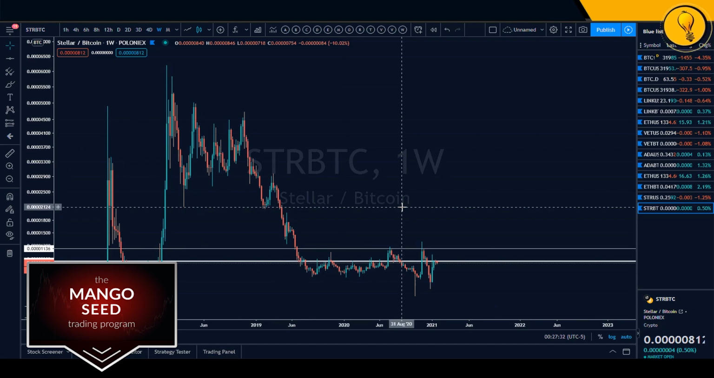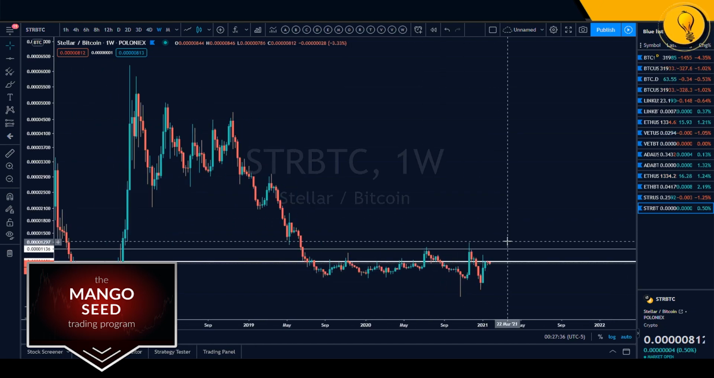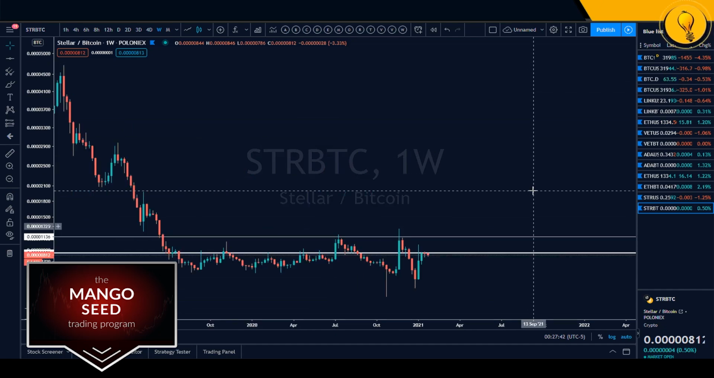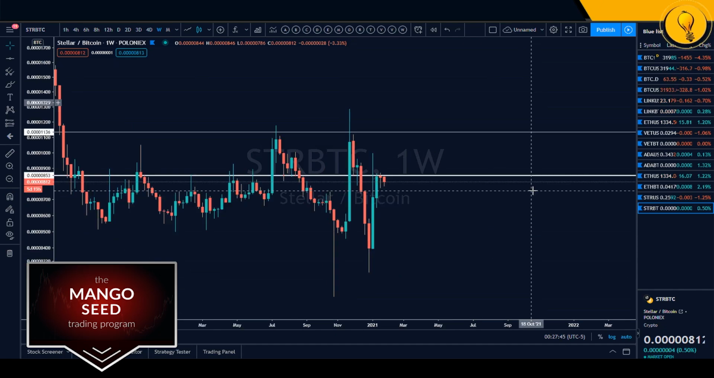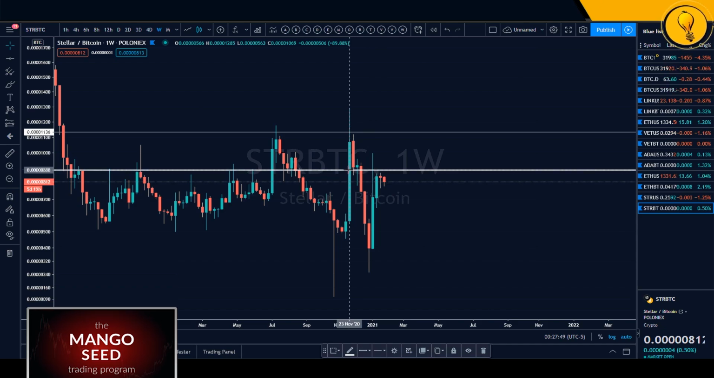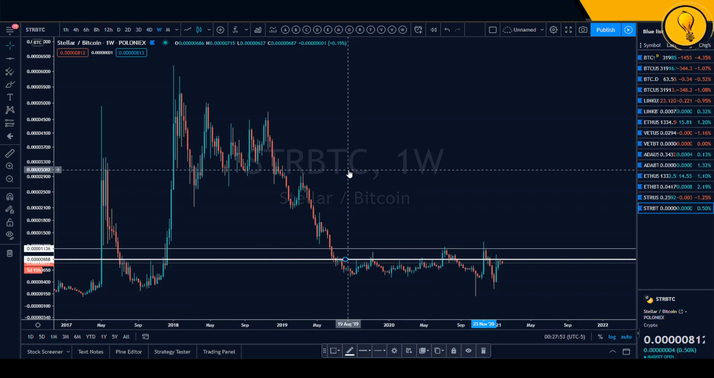All right, so XLMBTC, I'm looking at the weekly time frame. I think the weekly is still up against resistance, Sean. What are your thoughts on this? I'm looking at resistance at around 857 sats. Exactly. I'm not seeing the long over here just yet. Yes, we are trending. We're beginning to start trending, but